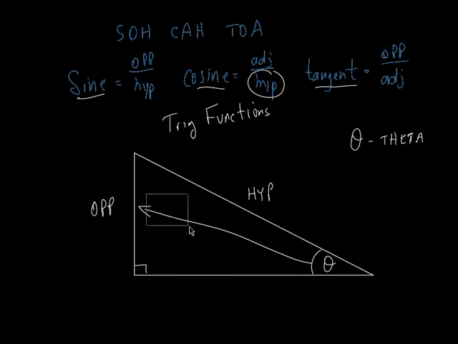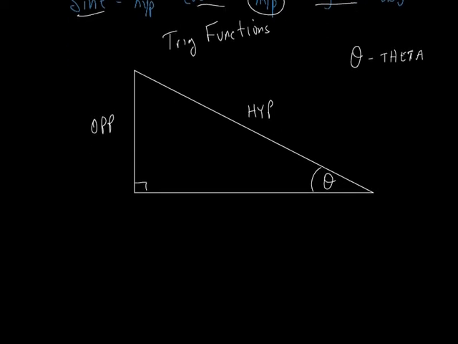Agreed? It's opposite what, though? Angle what? Theta. Everybody say it for me. Theta. Theta. Okay? So this is theta. Now, if this is opposite theta, what is this side down here on the bottom to theta? It's adjacent. Okay? So it's ADJ. It's adjacent to this. All right? Make sense? So, when we learn that SOHCAHTOA,